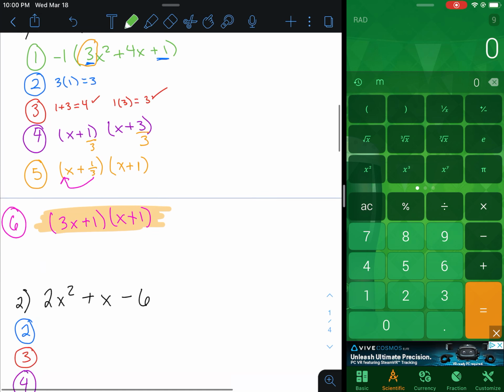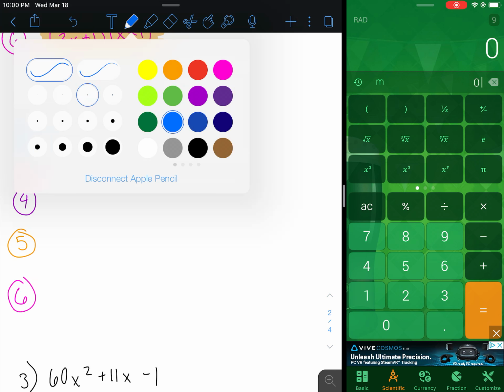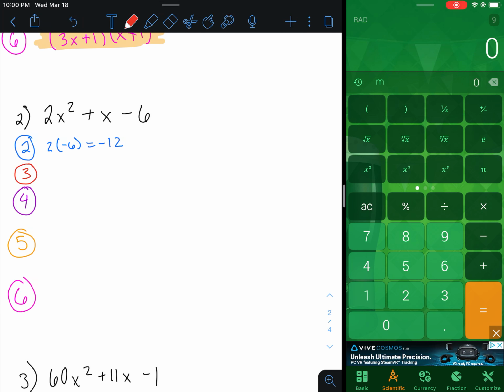All right, so our next one here, we have 2x squared plus x minus 6. So in this case, there is no greatest common factor other than positive 1. So we're just going to start by multiplying a by c. So this gives us -12. So we now have to figure out factors of -12 that add up to our b term, which in this